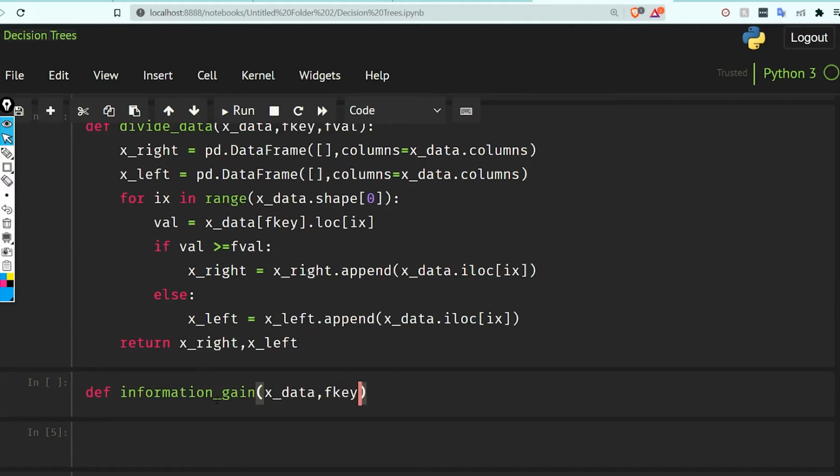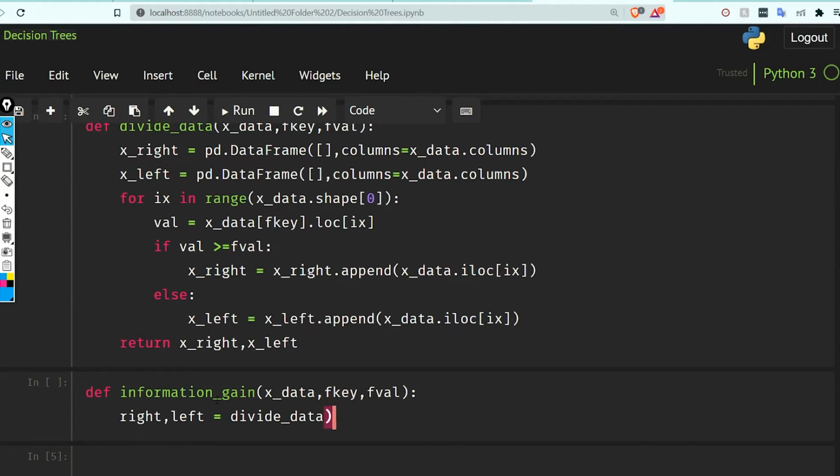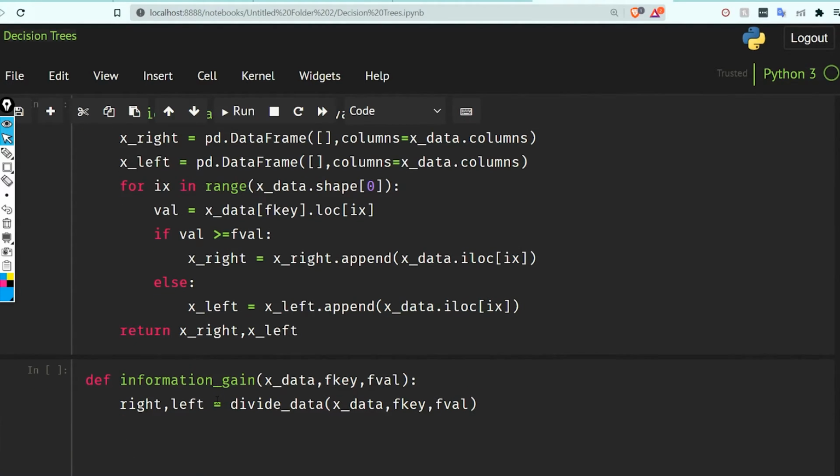We are going to get the f key, we are going to get the f val again, and in this we are going to divide the data into right and left: left, right is equal to divide_data(x_data, f_key, f_val). Okay, and now let me just write the code, then I will explain you.